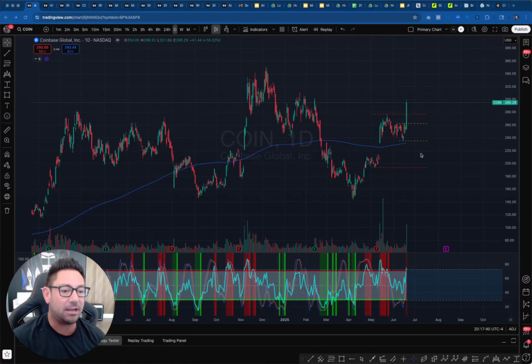Today we're going to look at an array of different Bitcoin miners and Bitcoin proxies. And we're going to start with Coinbase. What I figured we'd do is some live technical analysis and show you the way in which I draw parallels, I draw my different support and resistance lines, and kind of teach from that. But most importantly, just show you where I'm seeing each of these ticker symbols right now